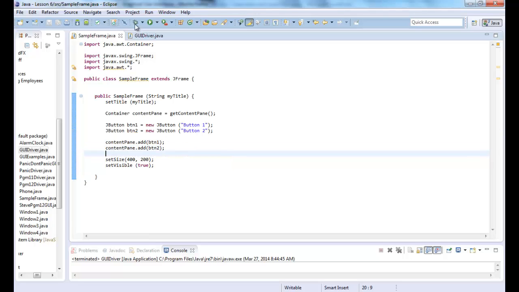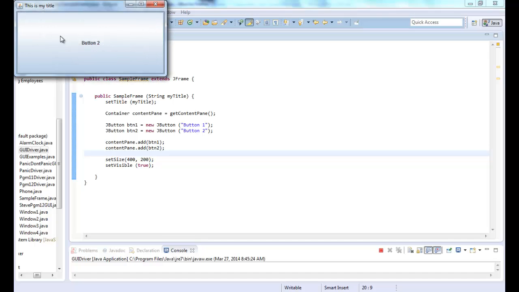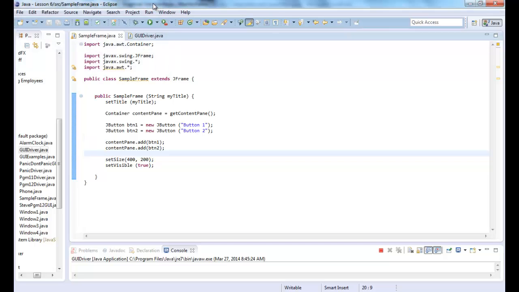Let's see what happens when I run this. All I see is button2. Remember that a flow layout